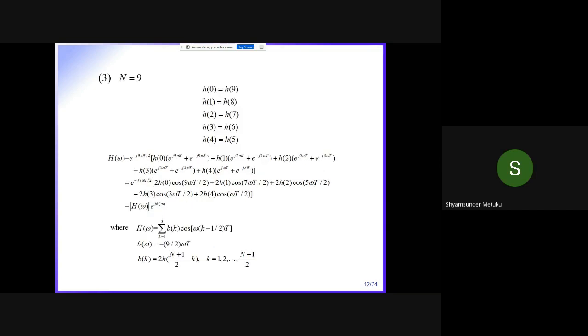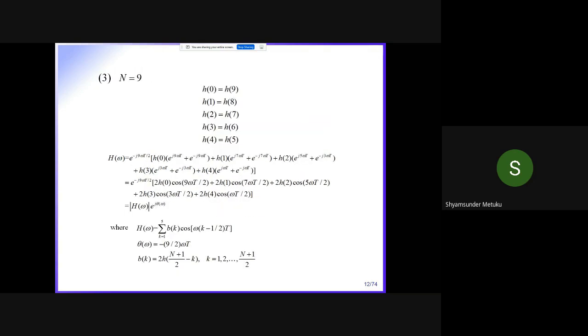Now this is type 2, I think. Isn't it? Odd number, no? Odd and symmetry. Yes or no? Type 2, this one is. Yeah, so the solution for type 2. I'm not explaining the same thing. Only thing is the end result. End result will be theta omega is equal to, earlier it was exactly minus 5 omega t. It is minus 9 by 2 omega t. Okay? Is it clear?